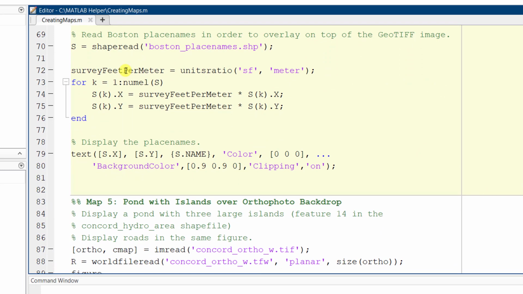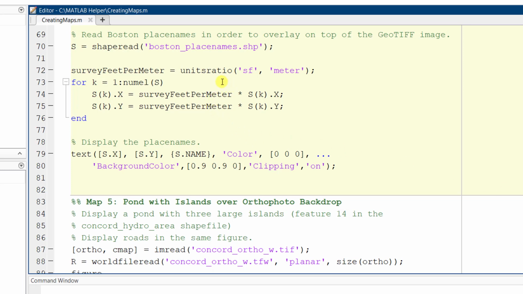Now there's a shape file again which has the place names of Boston stored in it. So we are again using the shape_read command to read that shape file. Along with the map of Boston, we are also placing the names of the places.